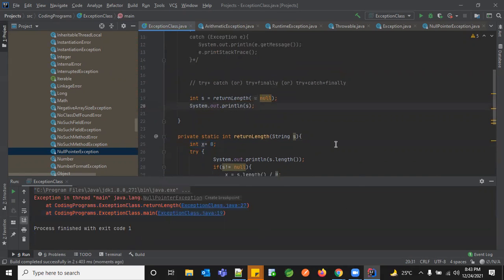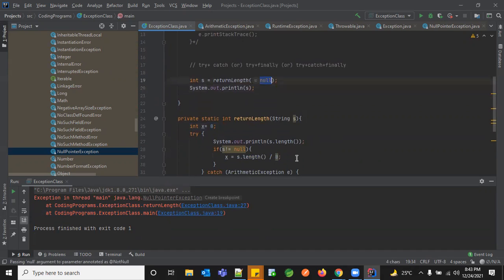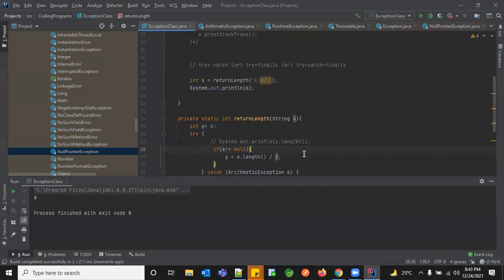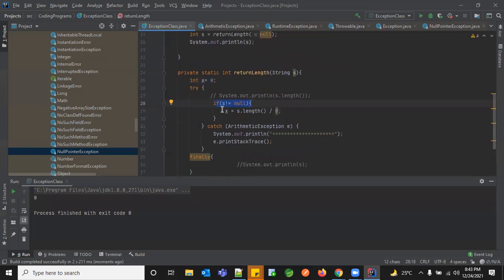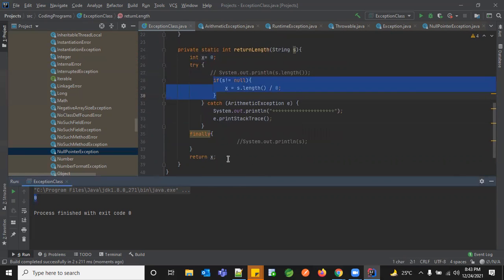So what happened here? You are passing a null and checking whether your s, sorry, this, I didn't check it out. Okay. So now you are passing null, but even if you pass null, I'm handling it in my piece of code so that I'm avoiding the null pointer exception. And suppose I do this, what happened? The s dot length won't come into this piece of code itself, right? So finally, your x got returned with 0. So there is no chance you'll get an arithmetic exception.